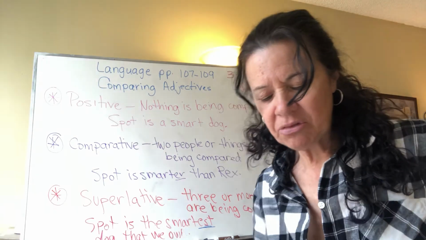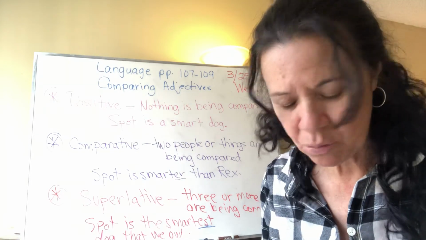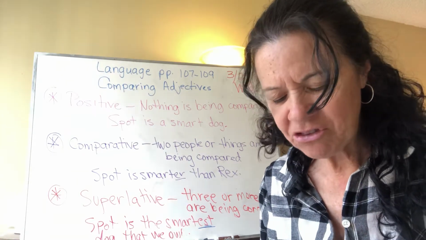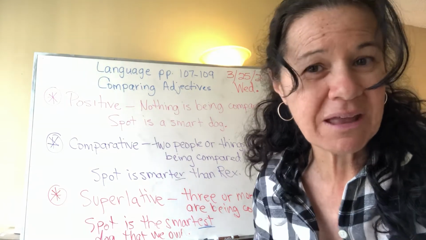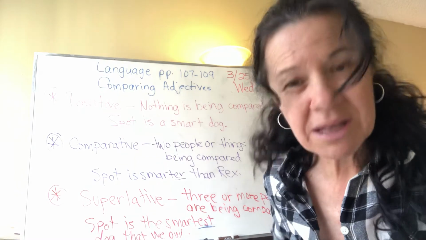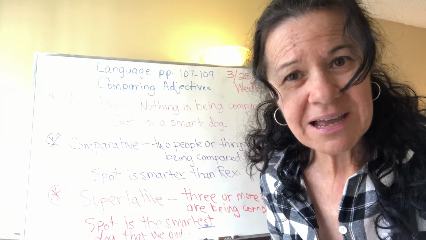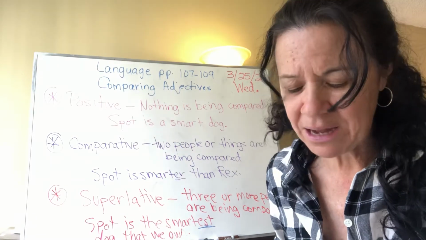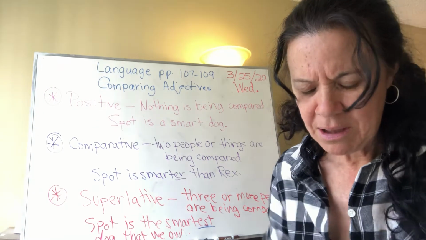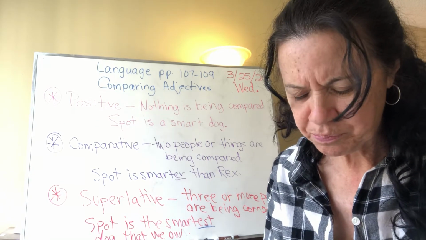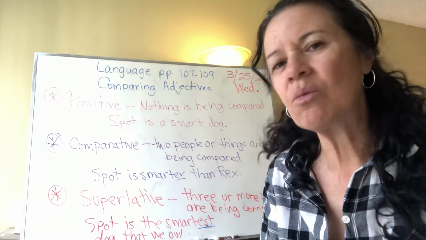If the adjective ends with a short vowel sound before the final consonant, red, not E, red, short E, then double the final consonant before adding ER or EST. You learned a lot of these principles in like 1st and 2nd grade. We're just using them now with adjectives. So red becomes redder, double the D, REDDER, and reddest, REDDEST. Okay? I want to give you at least one example of each, and you do the second one on your own,